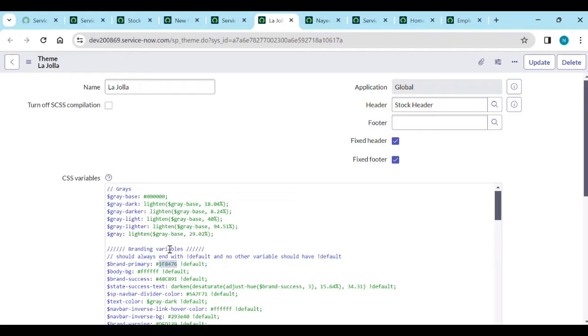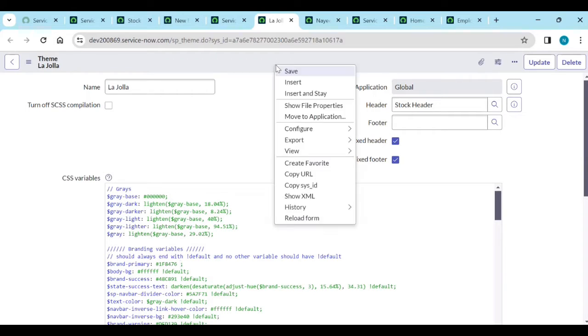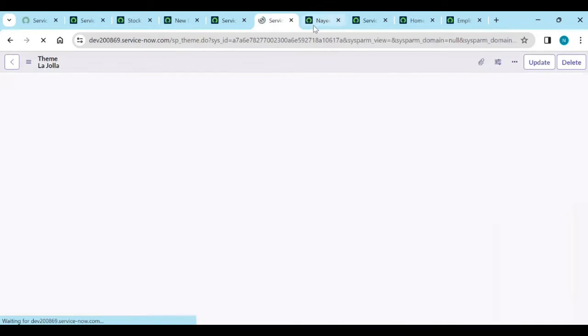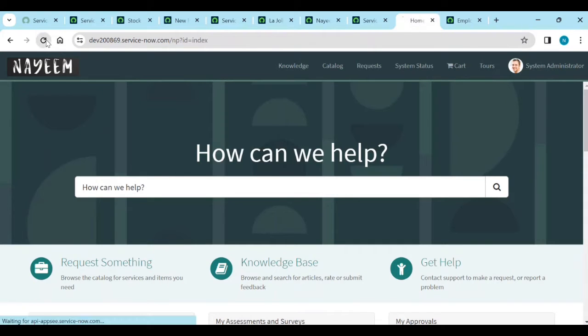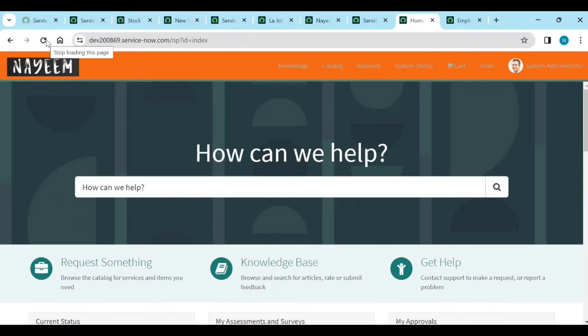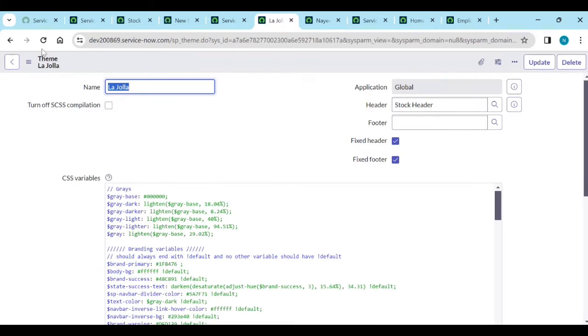Okay, so branding variables. That means if you remove this one, it is fixed. If you change it from the branding editor also, it will not change. Okay, let's do that one. Cancel and save it. And save it. So if I reload this one,